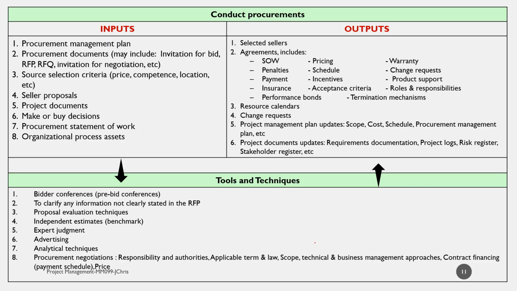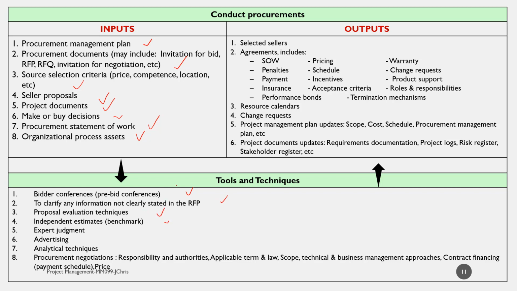Conduct procurement has 8 inputs, starting from procurement management plan, procurement documents, which may include invitation for bid, invitation for negotiation, etc., source selection criteria, price, competence, location, etc., seller proposals, project documents, decision to buy or make or to rent, procurement statement of work, and organizational process assets. Using the tools and techniques called bidder conference and clarify information, evaluation proposal technique,